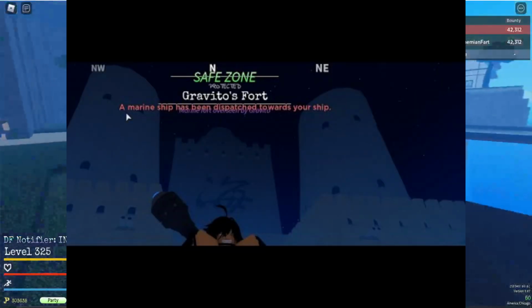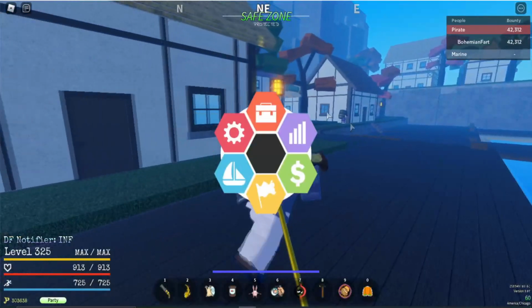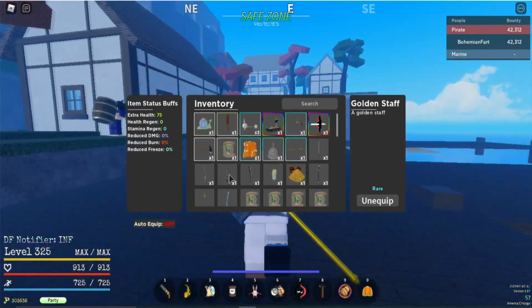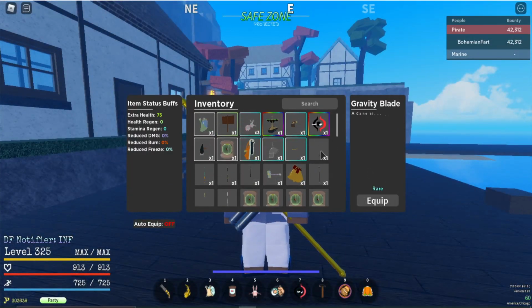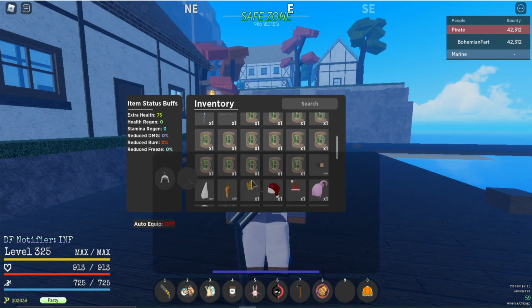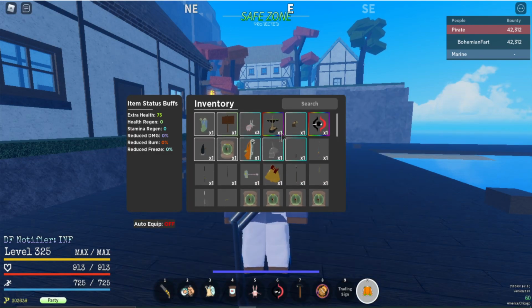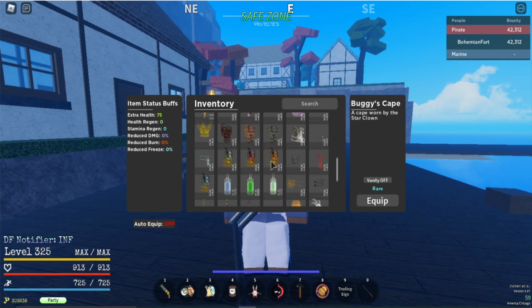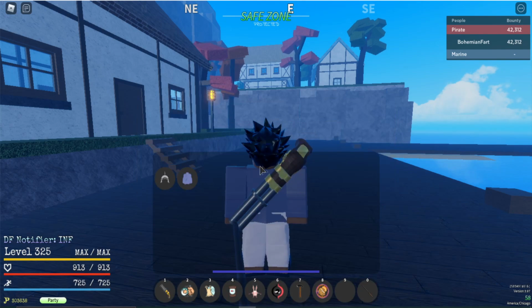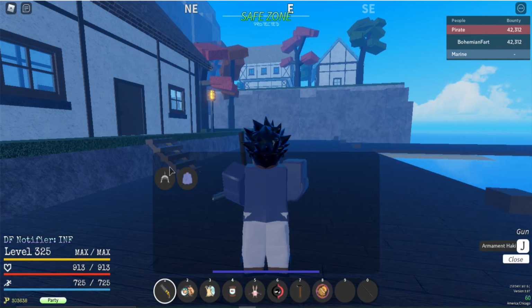Now at this island, you already know the main boss is Gravito, hence why it's called Gravitos Fort. And he drops 2 things. He drops 1, this gravity blade, which is what I'm gonna start with, and 2, a cape. So let me unequip this and equip the Gravitos cape. Alright, so